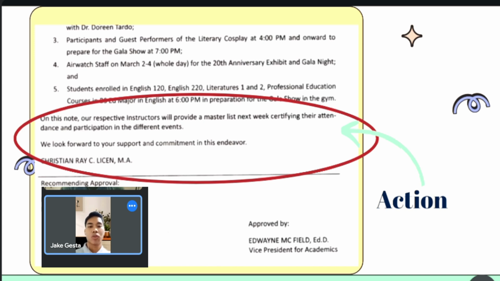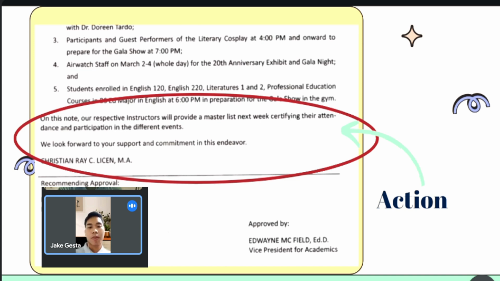Objective: to ensure accurate documentation of faculty attendance and participation in various events. Action required: all respective instructors are required to submit a master list certifying their attendance and participation in the different events. Please follow the instructions below.